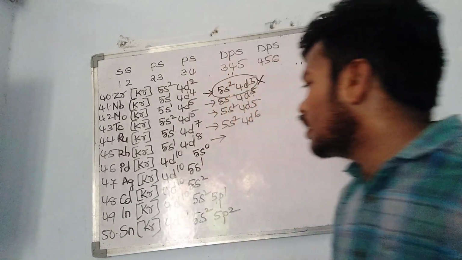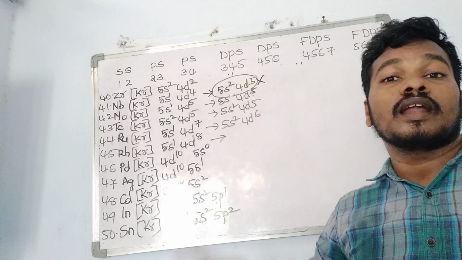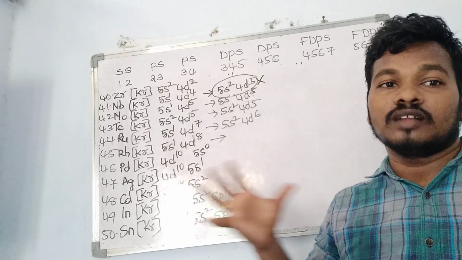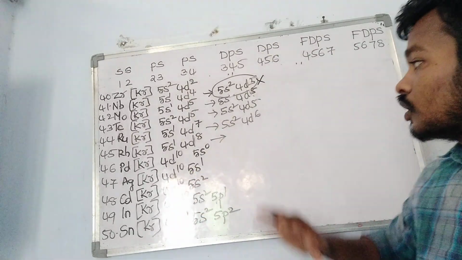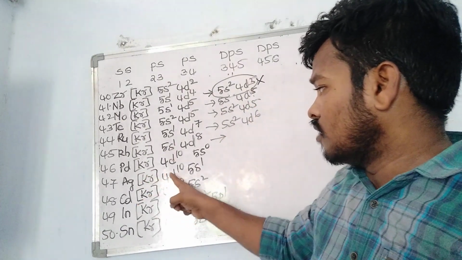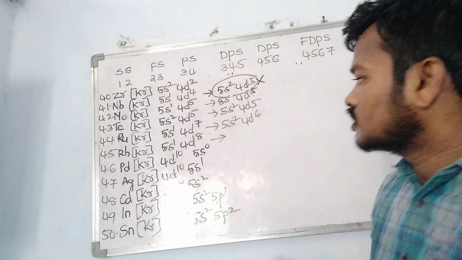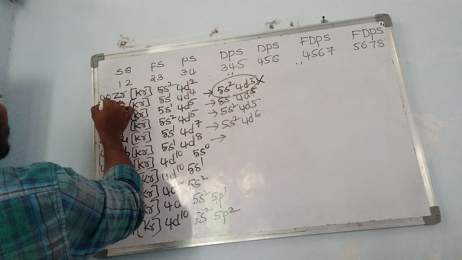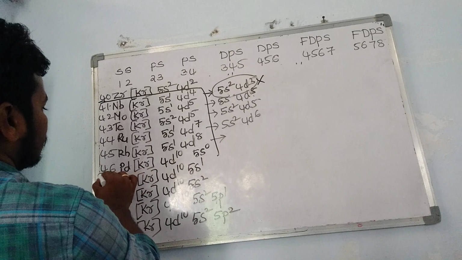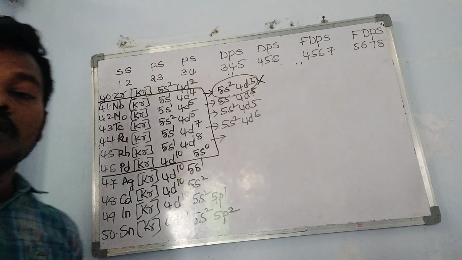So here the s orbital is empty. That is the only reason: to make the stability bigger and to decrease the repulsion between the electrons, because the size of the bigger orbitals is more. To decrease the repulsion, the electronic configuration will be like this. Next one, silver: 4d10 5s1, then 4d10 5s2, then 4d10 5s2 5p1. So this is okay. You just have to remember the 41 to 46 electronic configuration. Everything else will follow the rule.